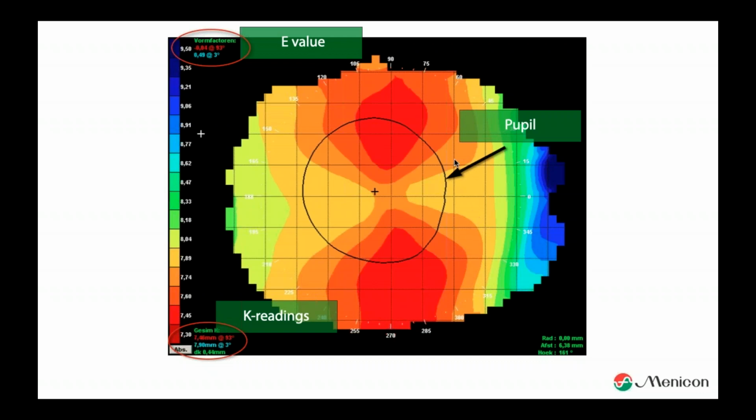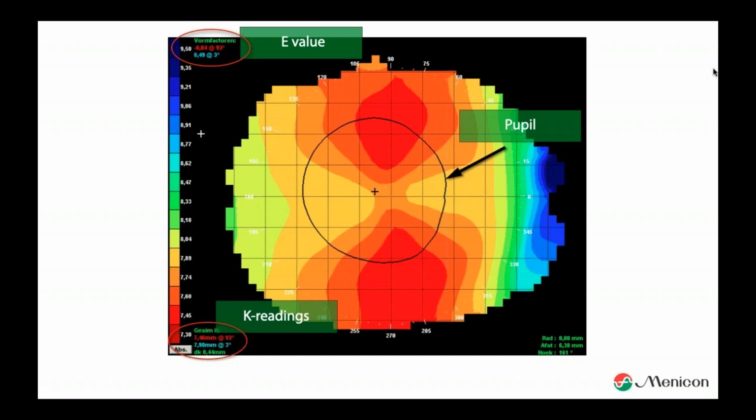Some topographers show pupil size as well, and there's something I have to mention about it. Keep in mind that some topographers don't measure it. If you have a topographer that doesn't measure it, well, you don't miss anything because it is quite unreliable. One of the things is you are looking into a light bulb. The rings will turn white or red, depending on the topographer you have. So there will be much more light on the eye, so it will contract the pupil size.